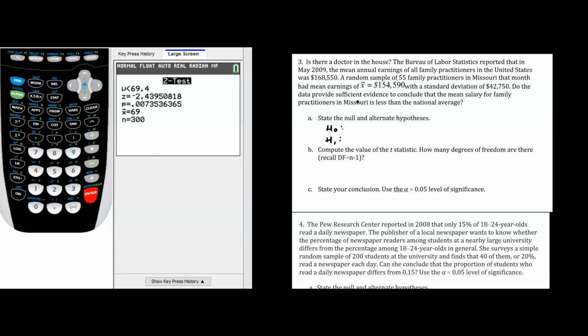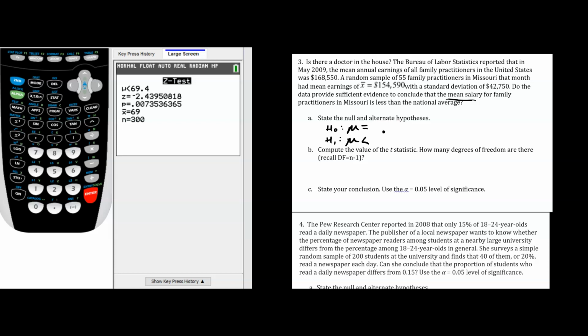And it says, do the data provide sufficient evidence to conclude the mean salaries? That's what we're talking about as a mean here. And so there's going to be mean is equal to some number here. And in the alternate hypothesis, we are saying is the mean less than a certain number. So think about what number goes here. The number that goes here is going to be the same in both spots. And a lot of times I think of the null value, or what's the value if there is no change,